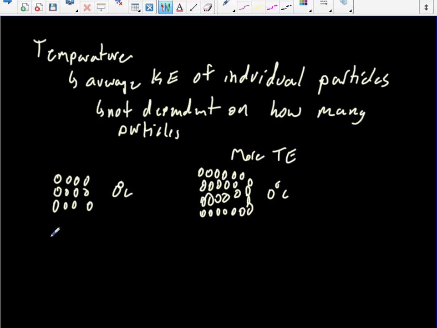Now, if we start to heat this one up, then these particles can start to vibrate and wiggle around, and that's going to give them a little bit more energy. And that becomes a complicated situation. If something's hot and something's cold, which one's got more thermal energy? Well, if they have different masses, that's hard to say. But if they have the same mass, then the one that's warmer has more particle motion. It has more thermal energy.